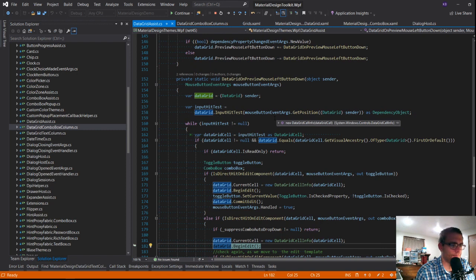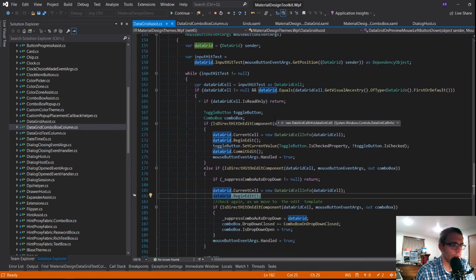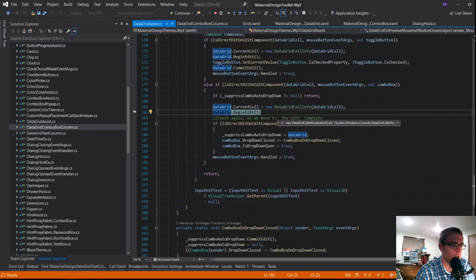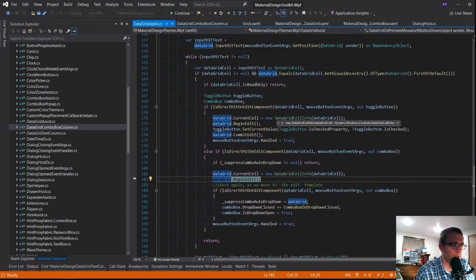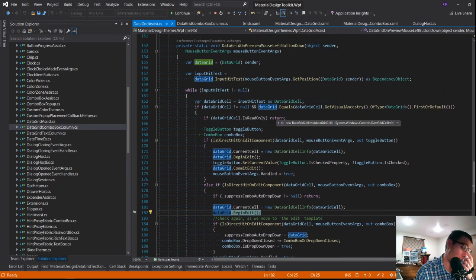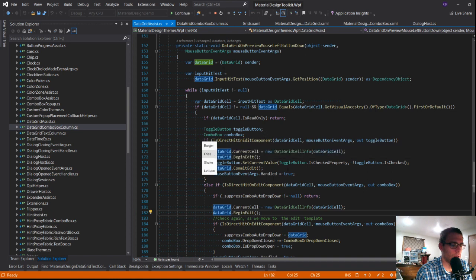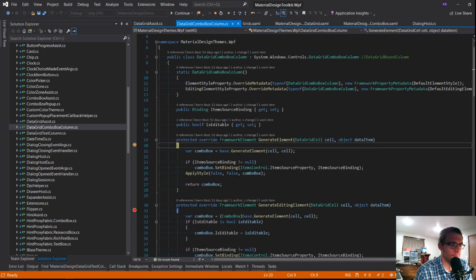Okay. I'm a little hesitant to just register up on the spacebar command. A little hesitant to do that. But that is what is triggering this.